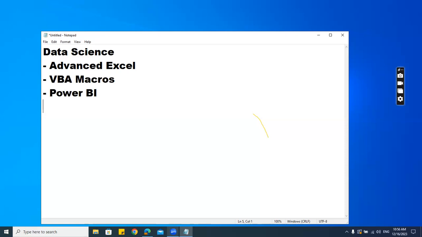After Power BI, you'll be learning SQL Server. What is SQL Server? It's a database. It's a complete, in-depth study of databases. You'll be learning how you can extract the data, and how you can modify the data for data cleaning and things like that. All right. Next, after advanced Excel, VBA macros, Power BI, and then SQL Server,